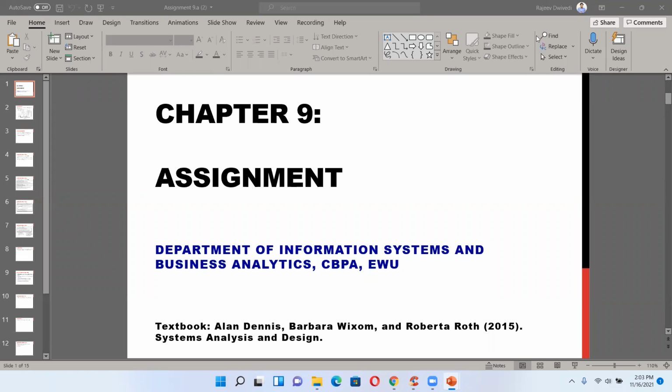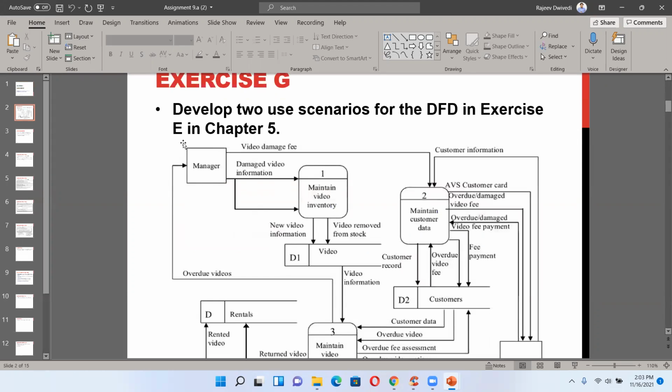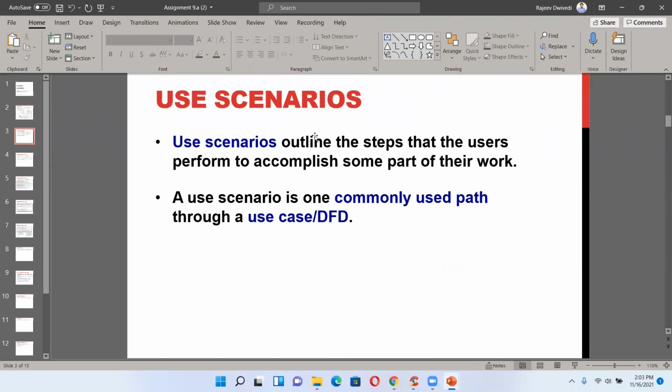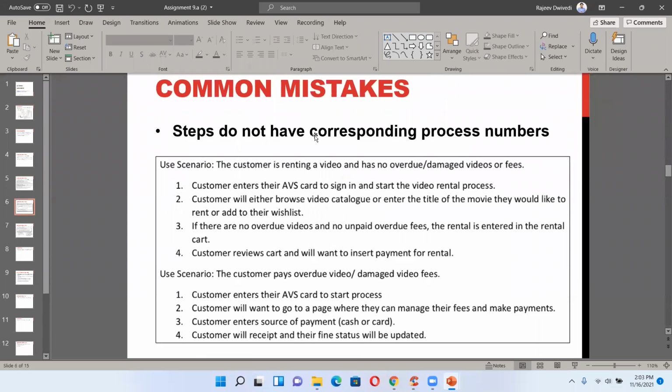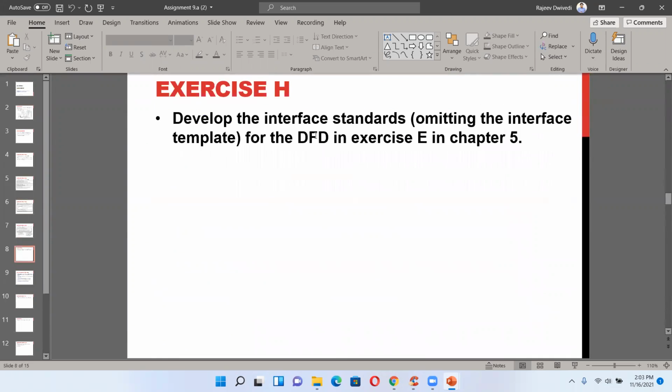So, this chapter number 9 is about user interface design. However, questions come from here. So understand that the questions are based on the past case. So if you look into the chapter,